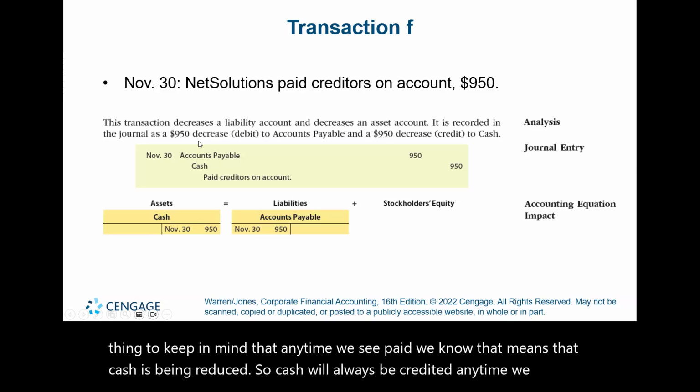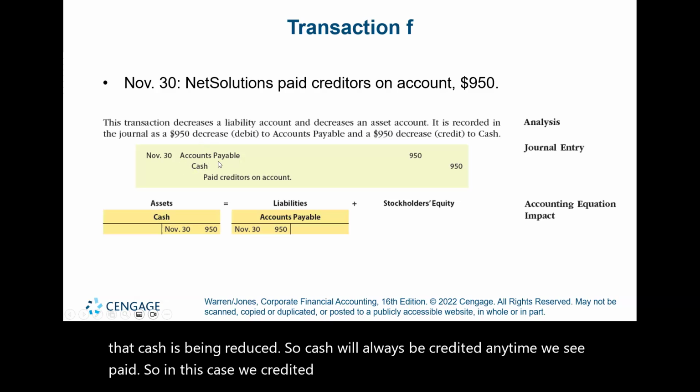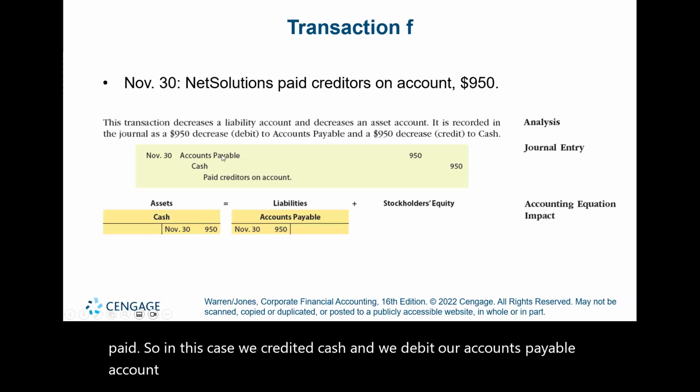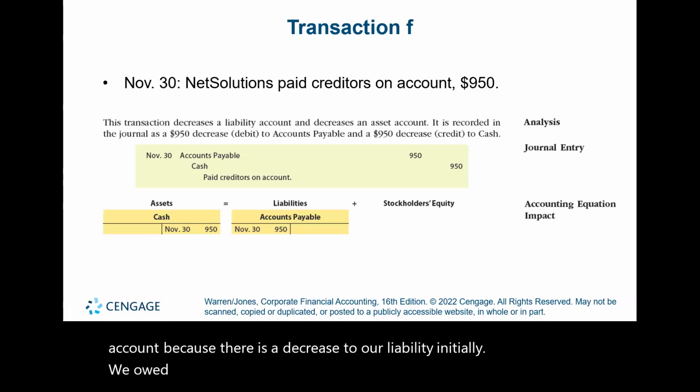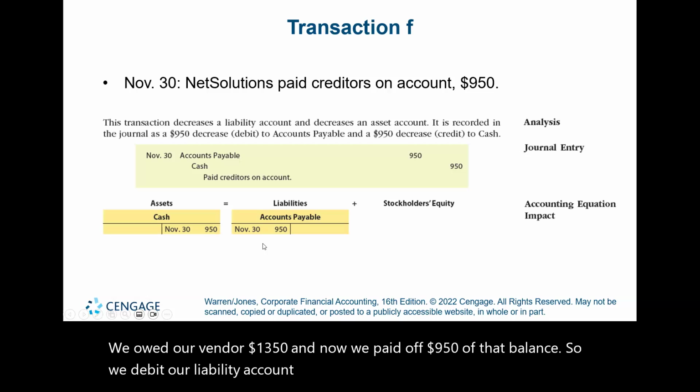So in this case, we credited cash and we debit our accounts payable account because there is a decrease to our liability. Initially, we owed our vendor $1,350, and now we paid off $950 of that balance. So we debit our liability account to decrease the amount, and we credit our cash account because we have